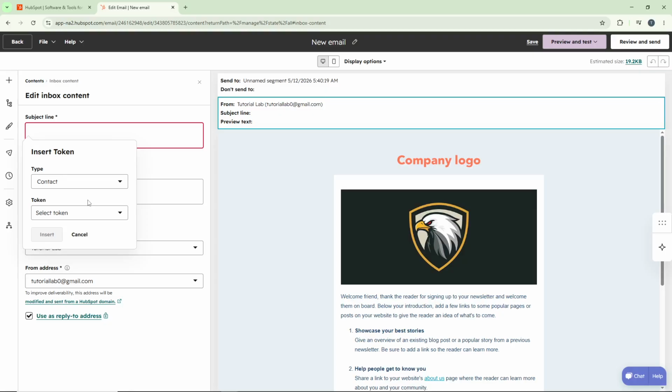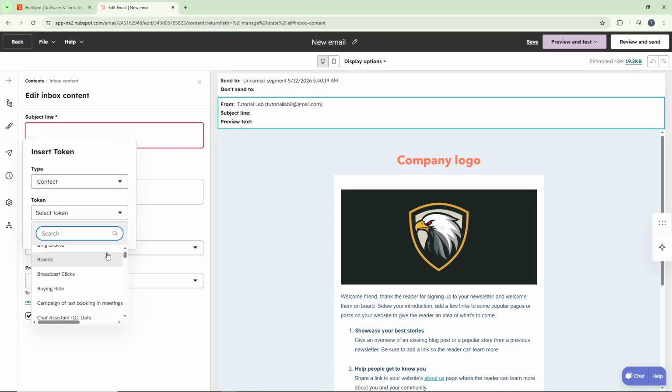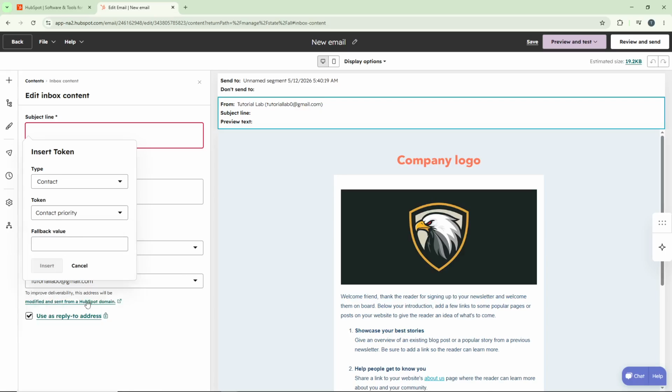Next, look for another dropdown menu labeled Token. Click on it to see all the specific data fields you can insert. From this list, select the token you want to use. For example, you might choose Contact Priority. This token will pull the priority level assigned to each contact in your database and insert it dynamically into the